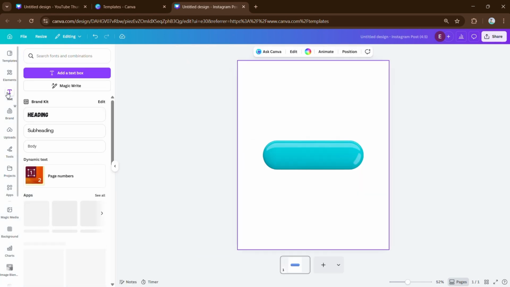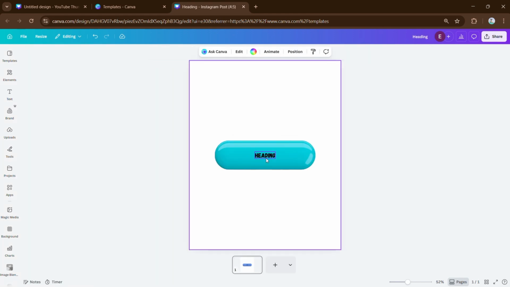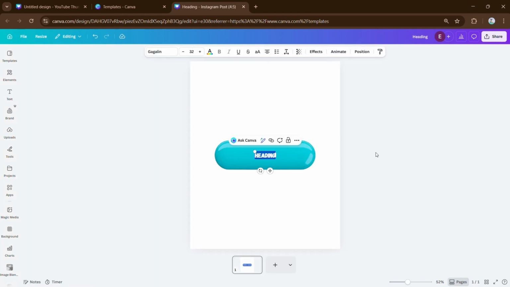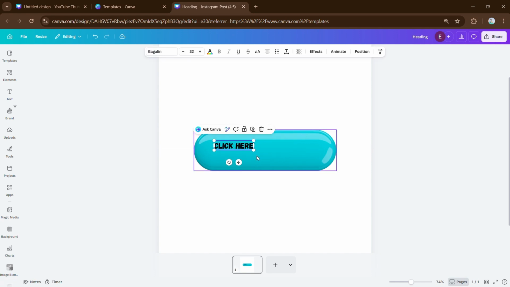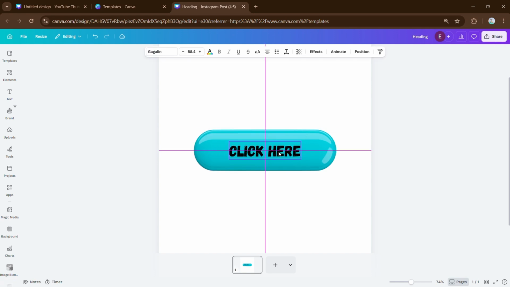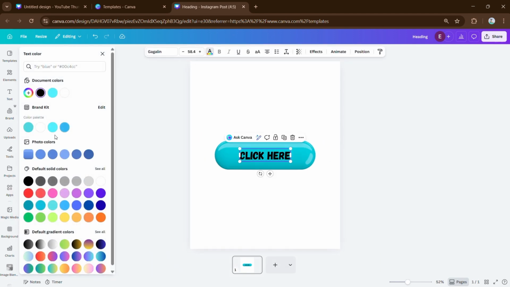Next, go to Text on the left-hand panel and add a heading. Double-click the text box and type in a strong call to action phrase like "click here," "access your templates," or anything else you prefer. Now you can start customizing the page, change the text color, font style, effects, and even